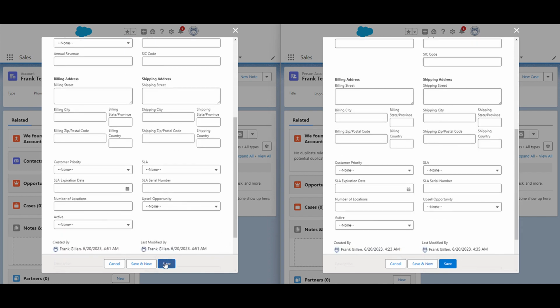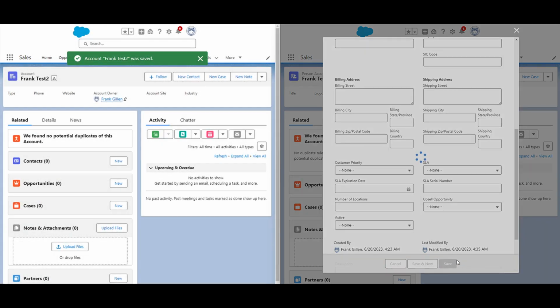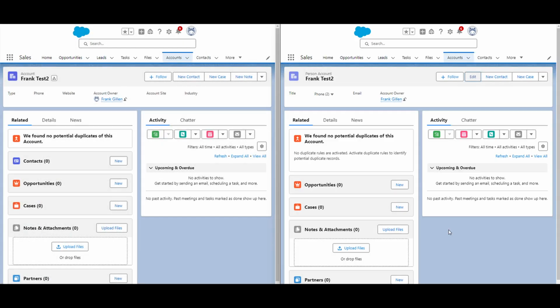So I'm going to click Save for both. Another key difference between person accounts and regular accounts is that person accounts don't have this contacts related list. Again, that's because person accounts are really just an account record and a contact record consolidated. So now that I've highlighted some of the key differences, next I'm going to show you how to enable person